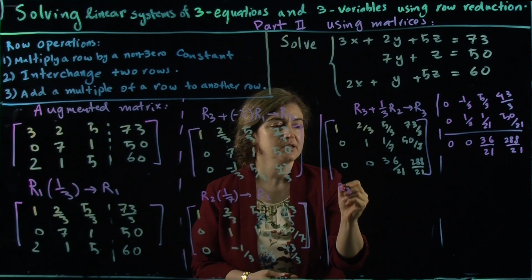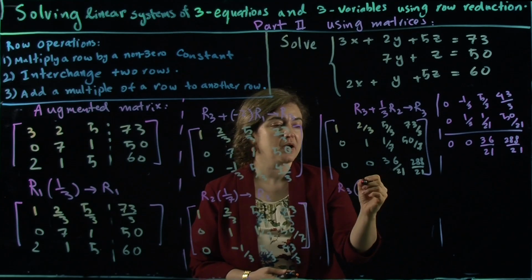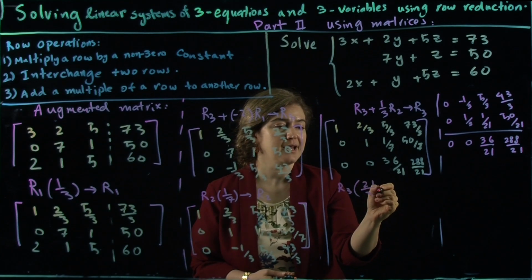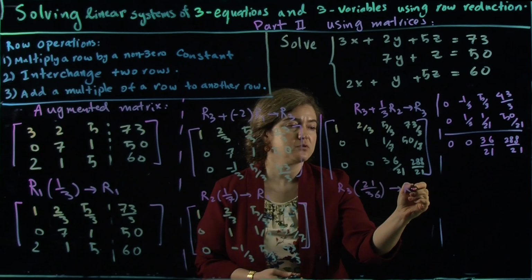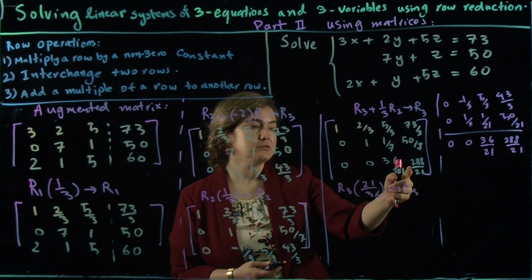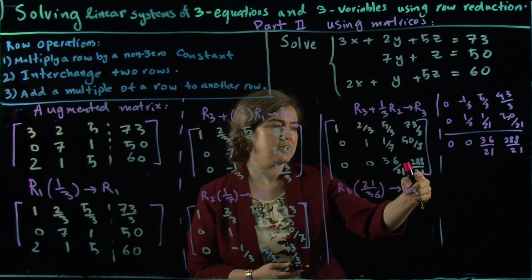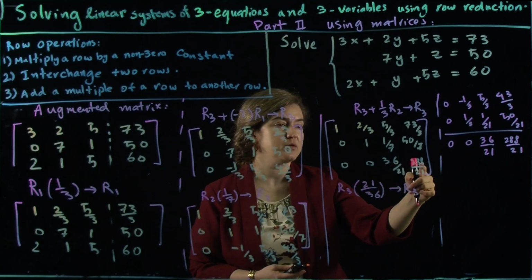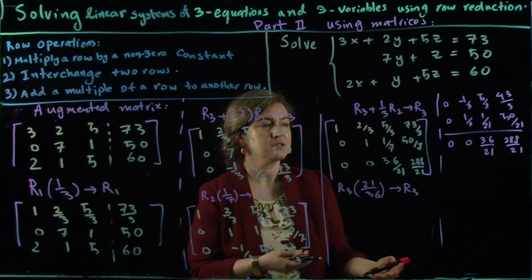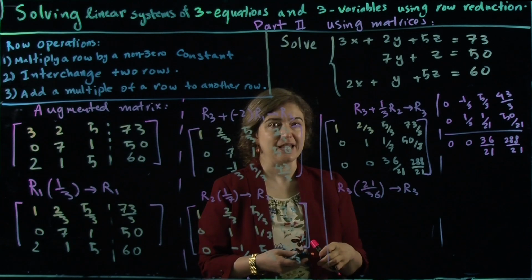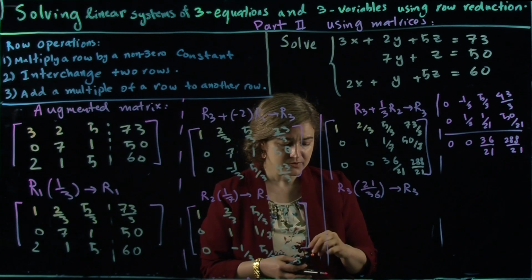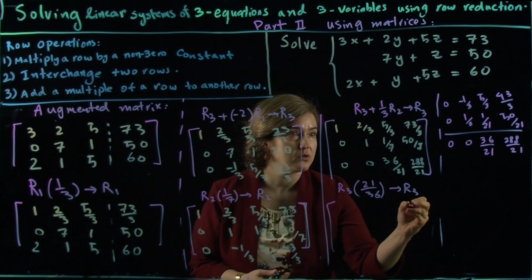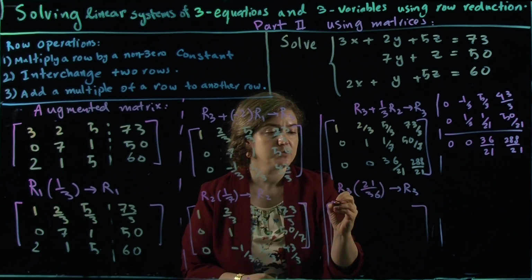So row 3 multiplied by the reciprocal of that goes back to row 3. If you calculate, it would be 288 divided by 21 times 21 divided by 36, which is going to give you 8. So the last row, first one the same,